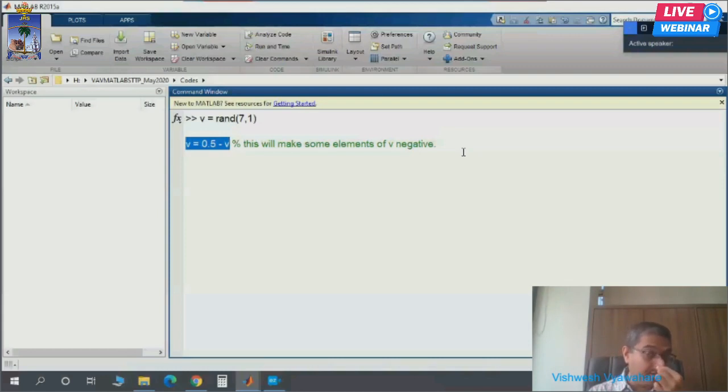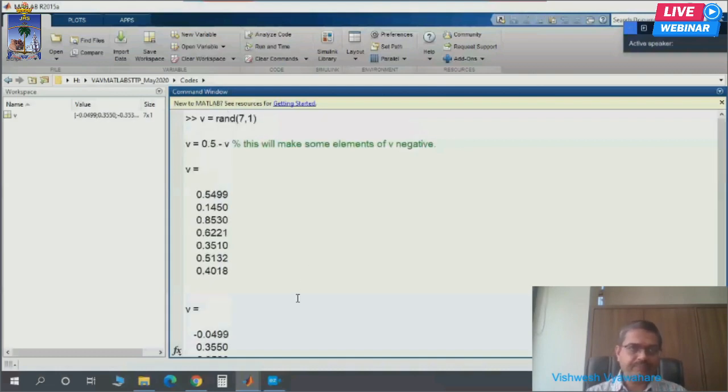Why are we doing this? Because we want to check those commands. One norm of an array is the sum of absolute entries of all the elements. Absolute means if an entry is negative, make it positive and then add it. So let's execute this.